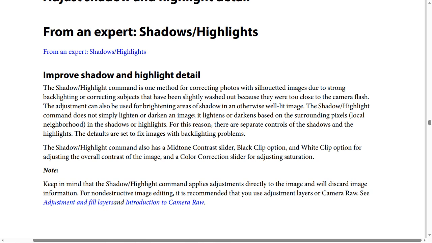By the way, the Shadow/Highlight command is one method for correcting photos with silhouetted images due to strong backlighting, or correcting subjects that have been slightly washed out because they were too close to the camera flash. The adjustment can also be used for brightening areas of shadow in an otherwise well-lit image. The Shadow/Highlight command doesn't simply lighten or darken an image; it lightens or darkens based on the surrounding pixels, the local neighborhood,